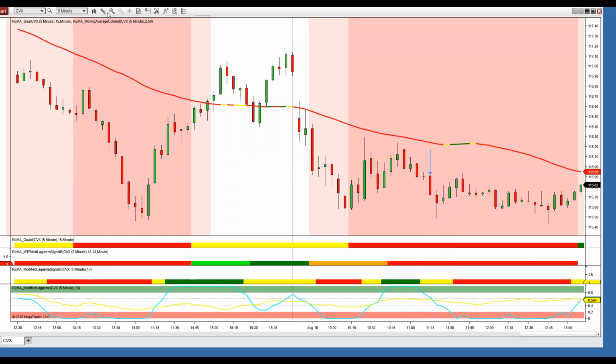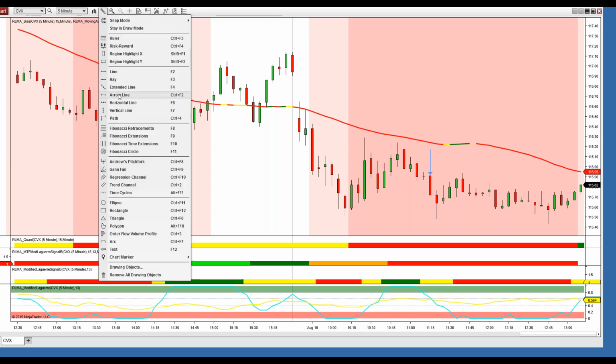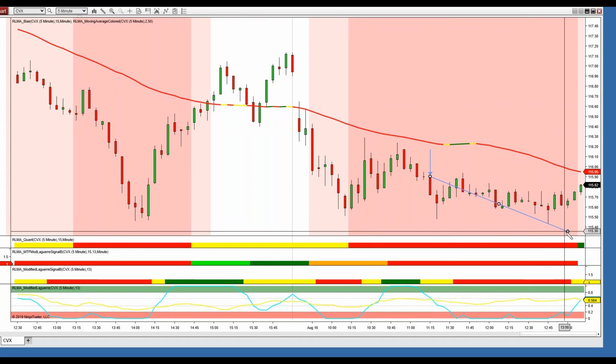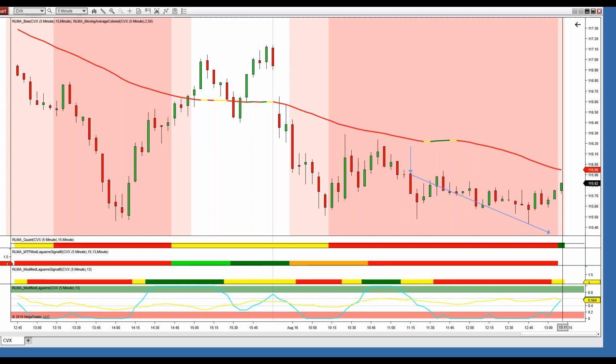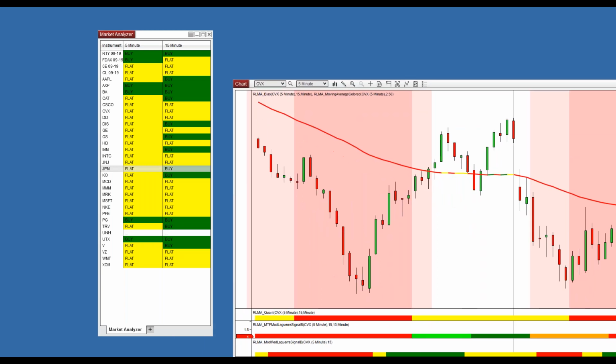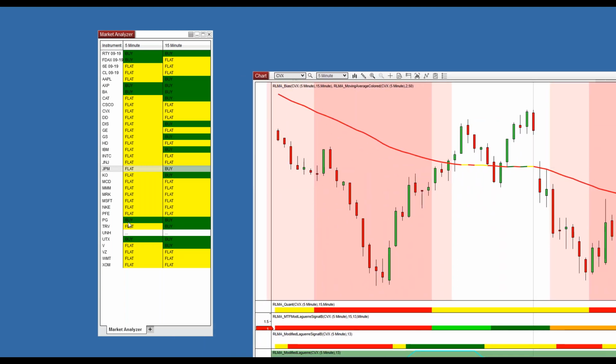Now, Chevron, again, is not exactly the most volatile stock in the world, but you can see the trend in Chevron is down. Now, on the right edge, we're getting a green quant line. The correlative markets to Chevron have now turned against the trade. And if we look at Chevron on the 5-minute, it's lost its sell. It's now flat, and there's no trade. If we look at Boeing,